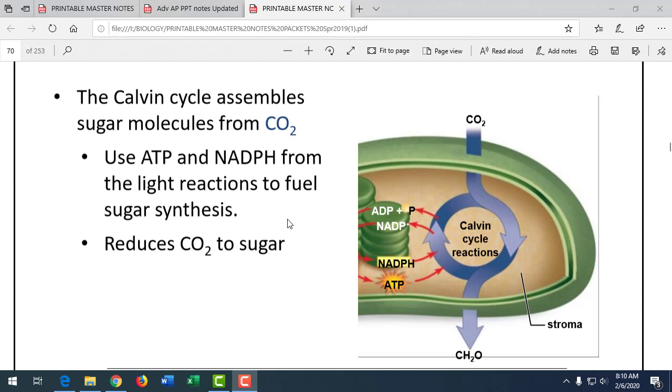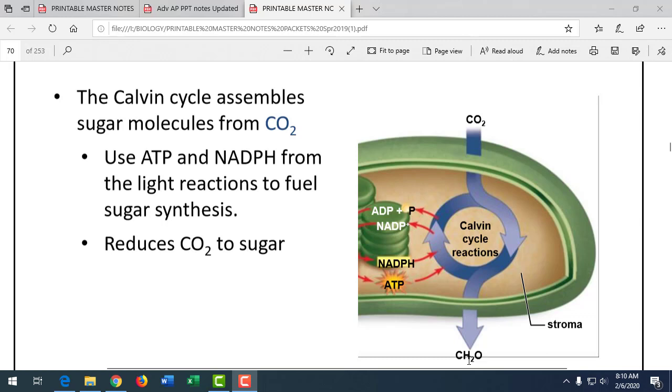NADPH, yep. And then it splits the ATP, and it pulls a hydrogen off of the NADPH, and where did that hydrogen go? If you just look at what it's produced, it took a hydrogen off of NADPH, and where did it go? Into the sugar, yeah. So it pulled that and put it onto the sugar, okay? So it pulled off the hydrogen, added it to the sugar, and that's those oxidation reduction reactions where one is oxidized,